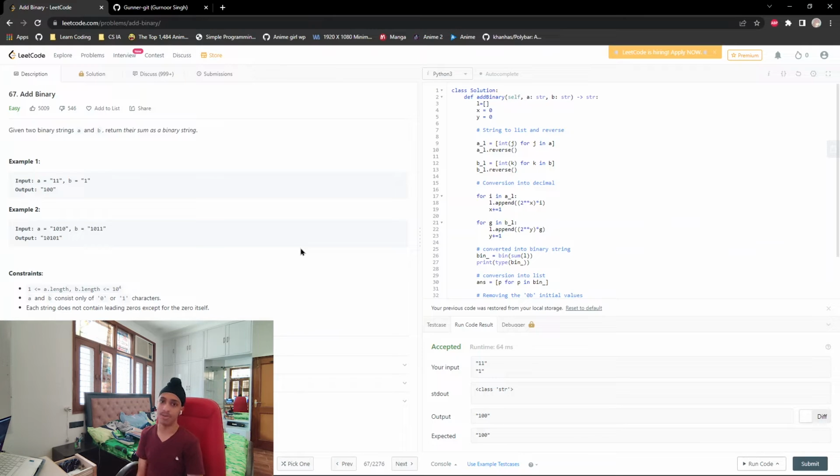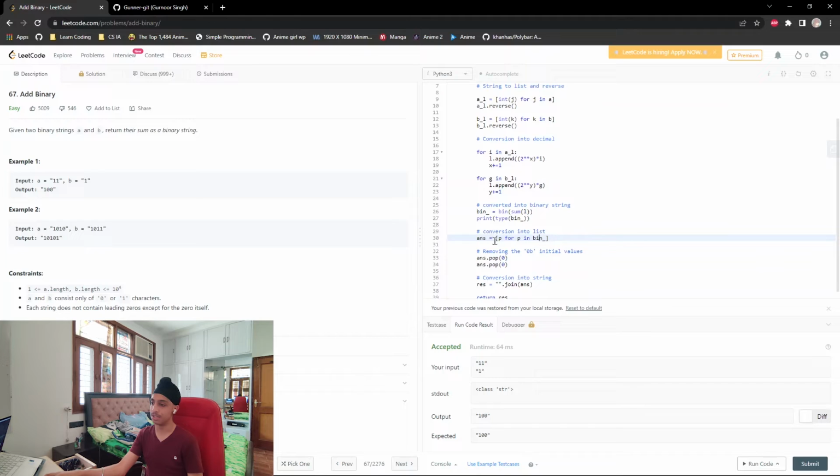or a list, I've also printed the type down here. As you can see right here, the output is class str, which is the output of this statement that prints the type of bin, which is a string. And then I've converted it back into a list, again using list comprehension, and essentially just added the binary answer to ans,